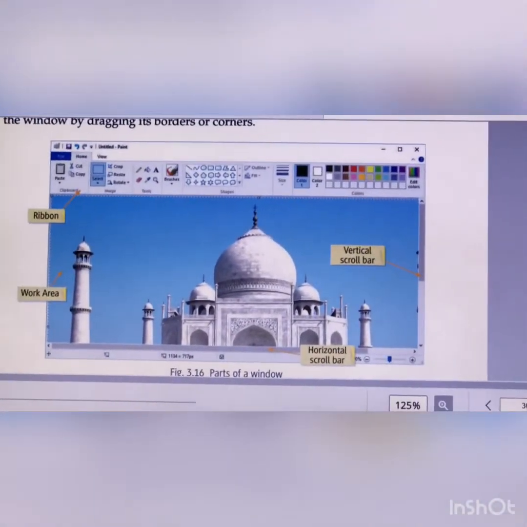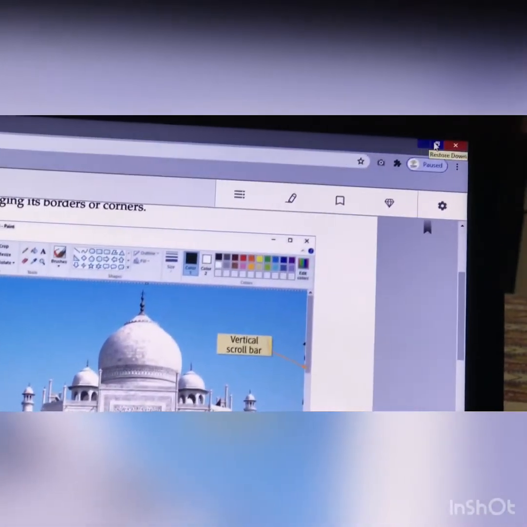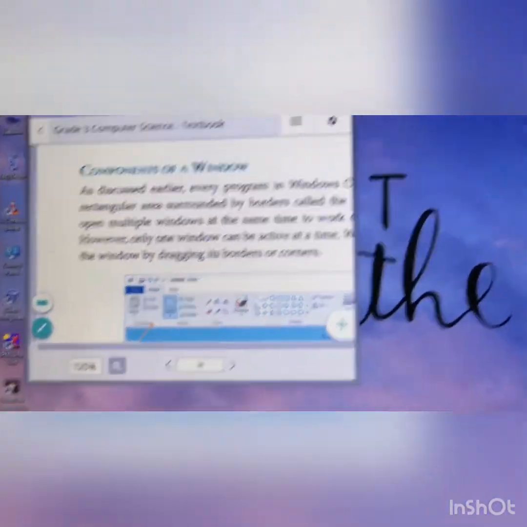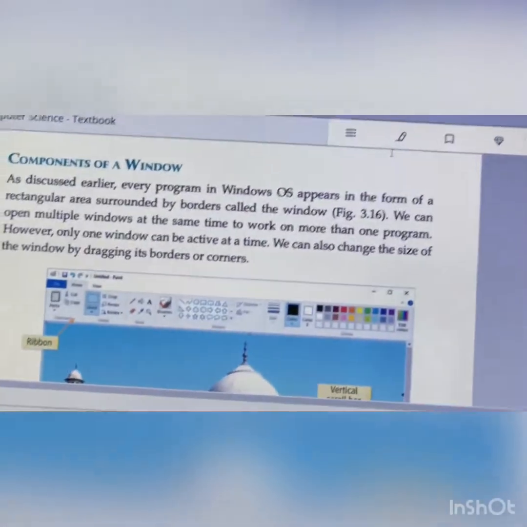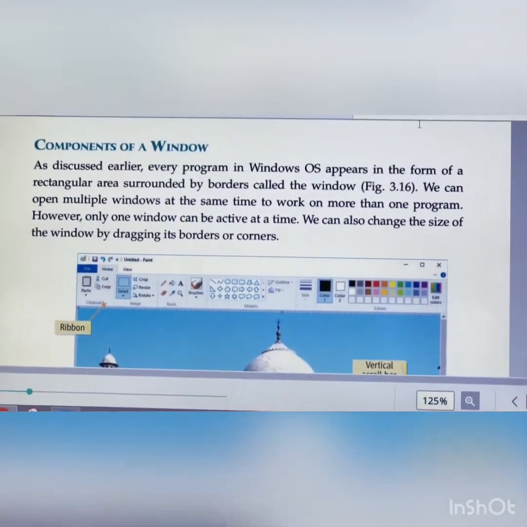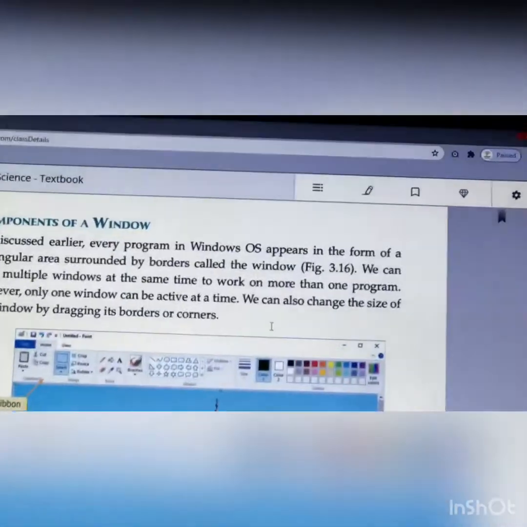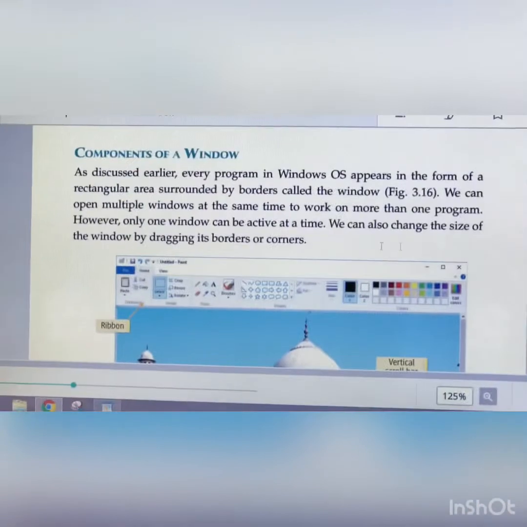Then after, by using the maximize button, I can change the size of a window and make it full screen. Then the cross button is used to close a window.